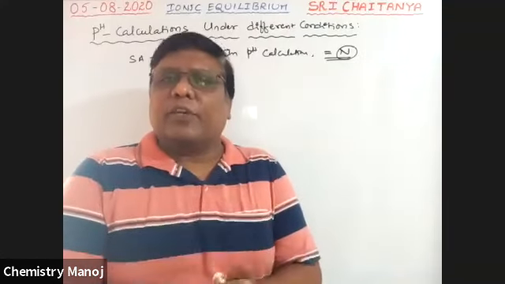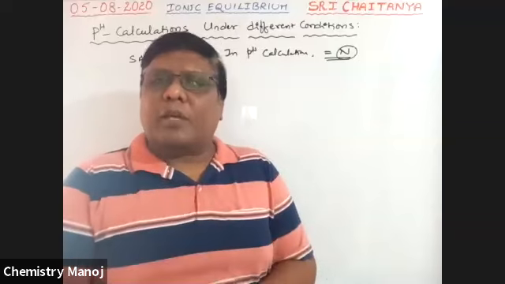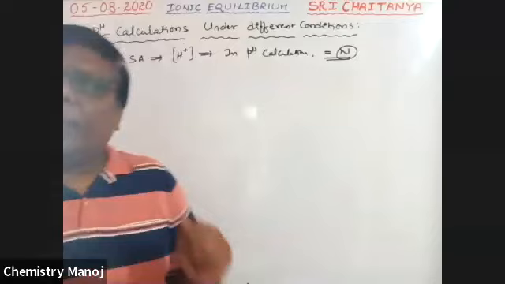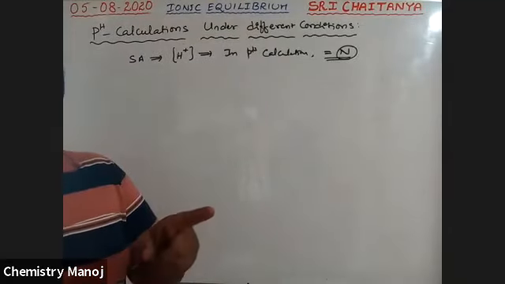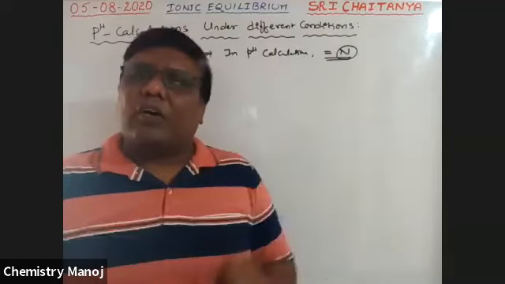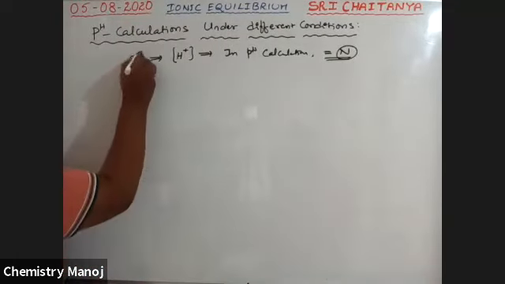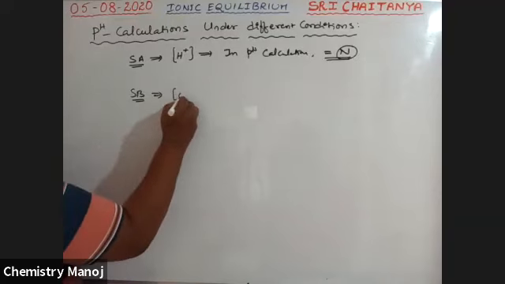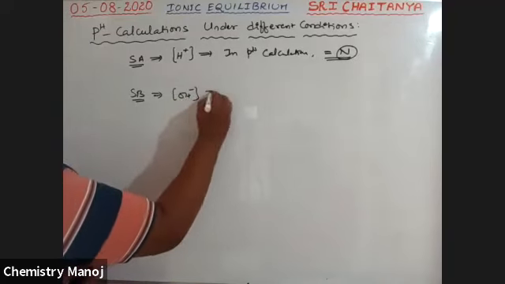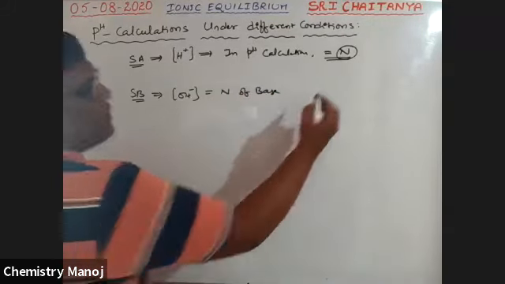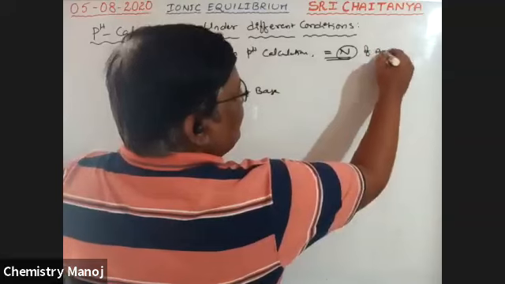If molarity is given to you, please convert that into normality. So normality is equal to N factor into molarity. There is a condition by which molarities are converted into normalities. Those normalities are considered as H+ ion concentration in case of strong acid. In case of strong base, the OH- ion concentration is equal to normality of the base.